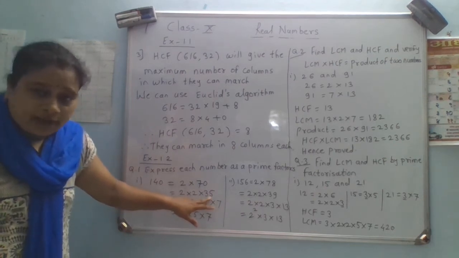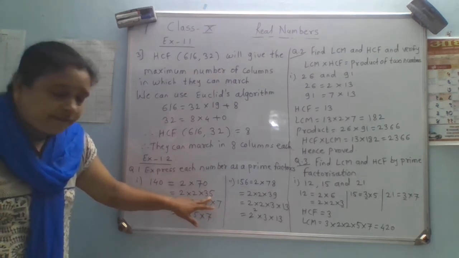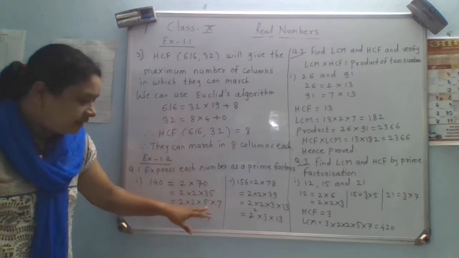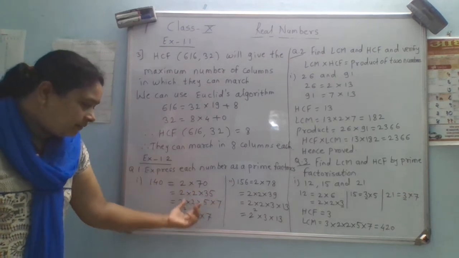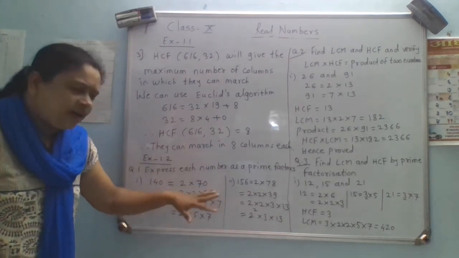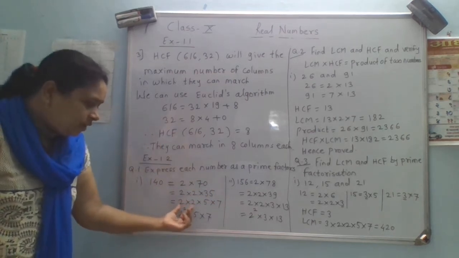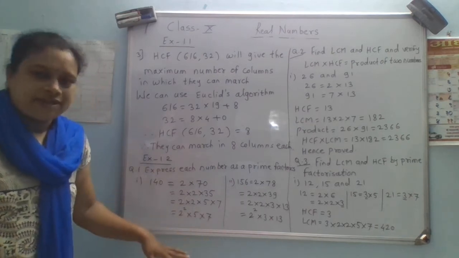Again 35 is not a prime number, so we have to find the prime factors of 35. Divide 35 by 5 because in the unit place it is 5. Then we'll get 5 into 7, 5 sevens are 35. Then all prime factors are 2 into 2 into 5 into 7, or you can use the vertical method as we know. Then we can write 2 into 2 as a power of 2, that is 2 raised to 2 into 5 into 7.